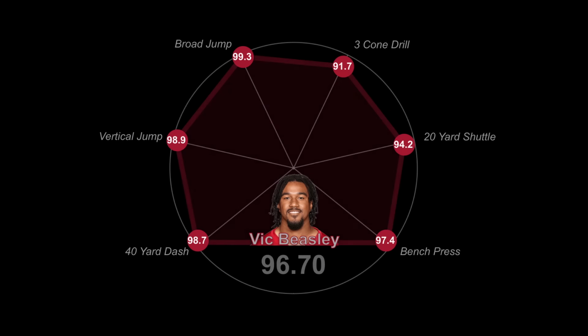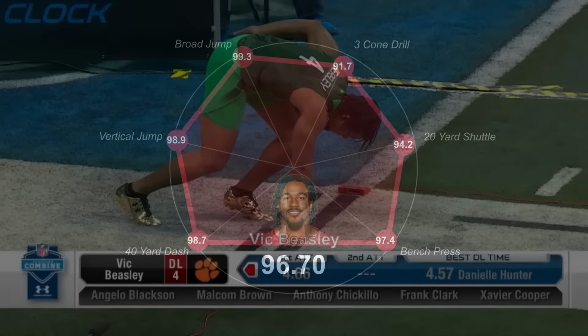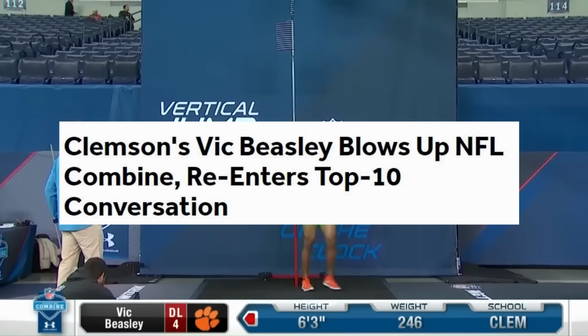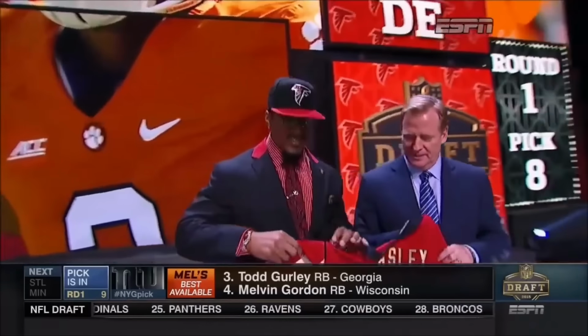He ended up with a 96.7 dominant score, and his combine performance made headlines across media outlets. Beasley was considered a first-round prospect. He leapt into top 10 consideration, and the Atlanta Falcons took him with the 8th overall pick. Unfortunately,